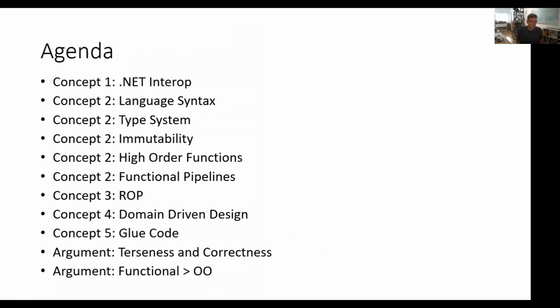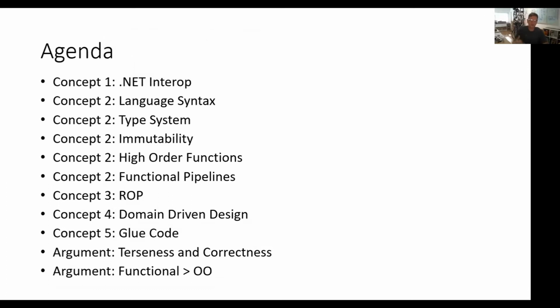So here's the agenda. And there's a bunch of concepts. Most of it is going to focus on the language and the functional concepts themselves. But I wanted to give you some real-world-ish examples of why F# I think is a fantastic language. So I put those at the end.